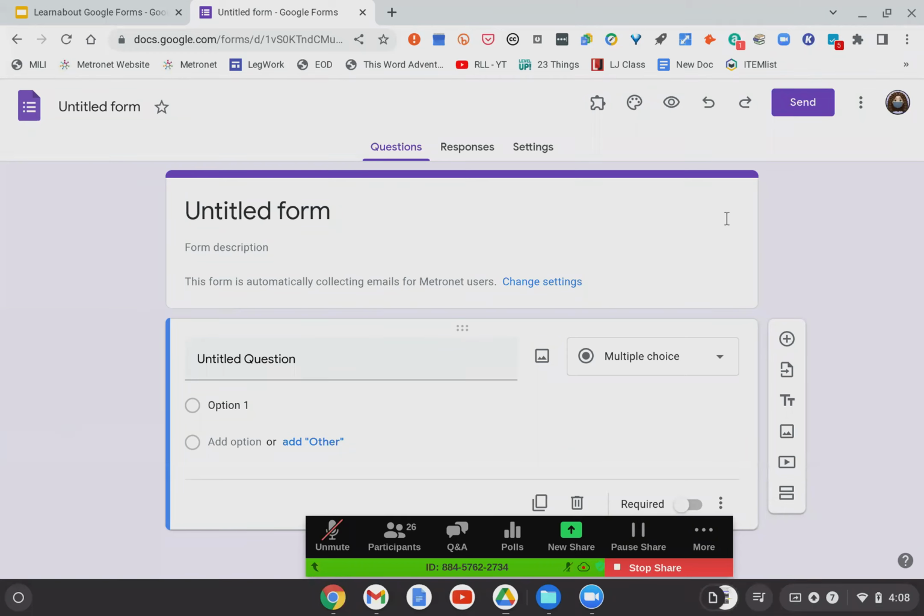I'm just going to walk you through all the different parts. And please remember, I did designate this as a basic tutorial. So if you were here looking for the advanced stuff, I'm sorry, we're not going to cover that today. We will be eventually doing an advanced Google Forms, but today is just the simple basics.